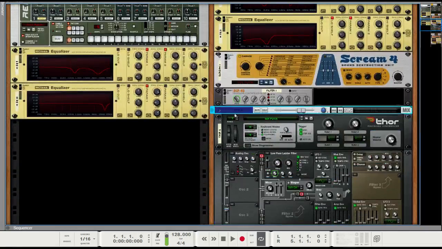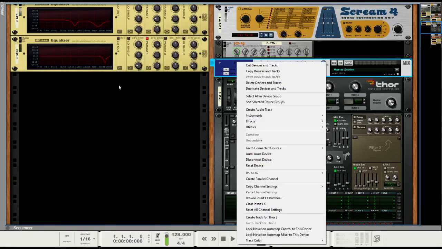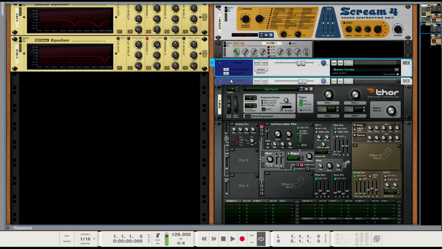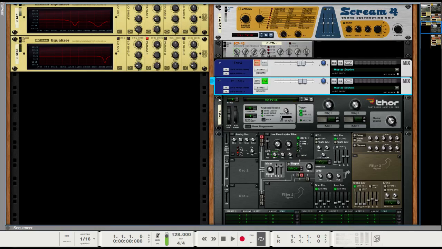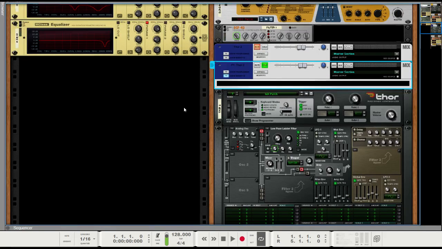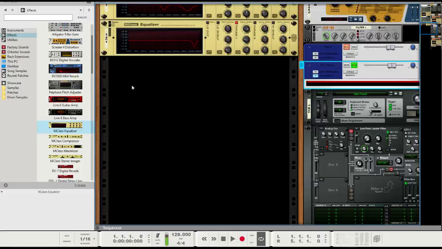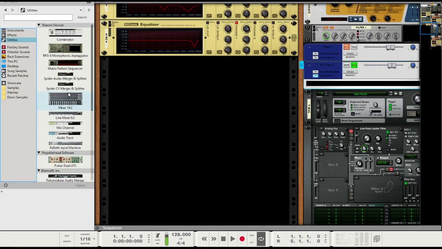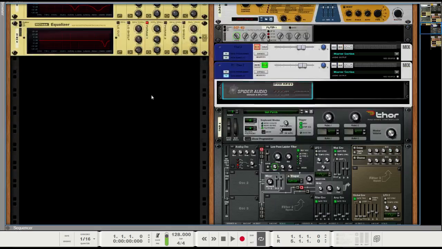Last but not least, let's take care of the reverb. For the reverb, simply right-click on the mix channel of your synth body and hit Create Parallel Channel. And let me just solo that. So the first thing that we will actually chuck into this parallel channel is in the utilities an audio merger and splitter. We're doing this because we want to create a setup where our reverb is reduced in volume every